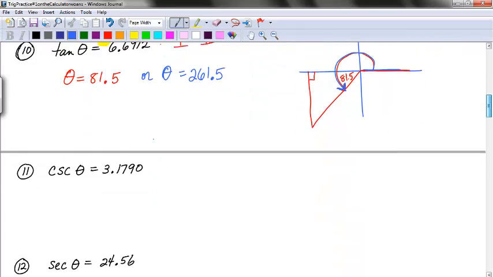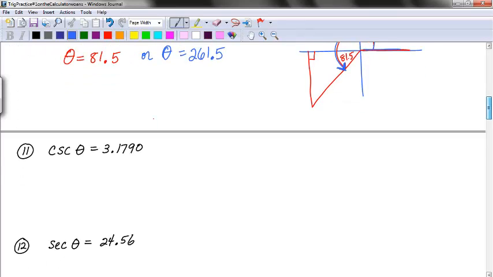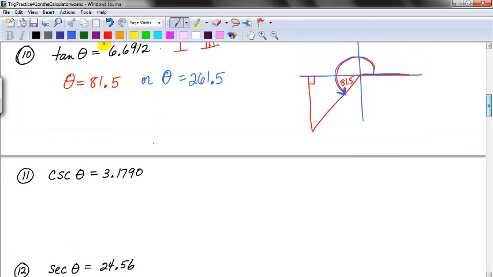Okay. Now we do the reciprocals. We still know the value of the function. We don't know the angle. Okay. You want to look at the sign. Okay. It's positive. So sine is positive in 1 and 2. And this is a reciprocal, so it's also positive in 1 and 2. Okay, so on your calculator, you don't know the angle. So anytime you don't know the angle, that's when you do inverse sine, inverse cosine, inverse tangent. So it's inverse sine of